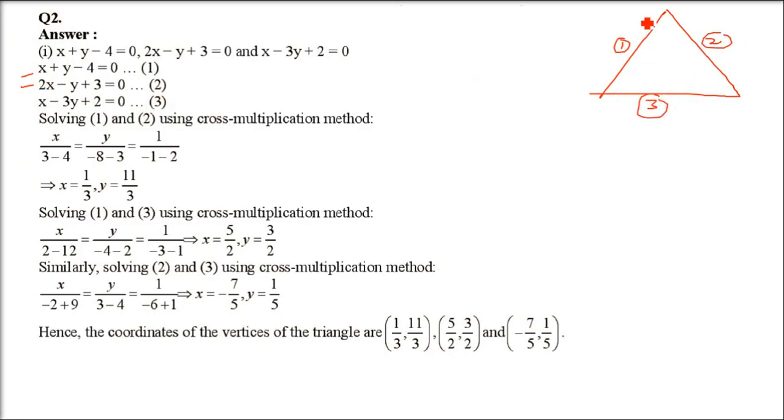This is the third line, and they represent linear equations of 2 variables. So now when 1 and 2 intersect, you are going to get this point. Let us say it is A. When 2 and 3, let us say it is B. When 3 and 1, it's C. So let us do one of these so that you understand the concept. We'll do the first and second.